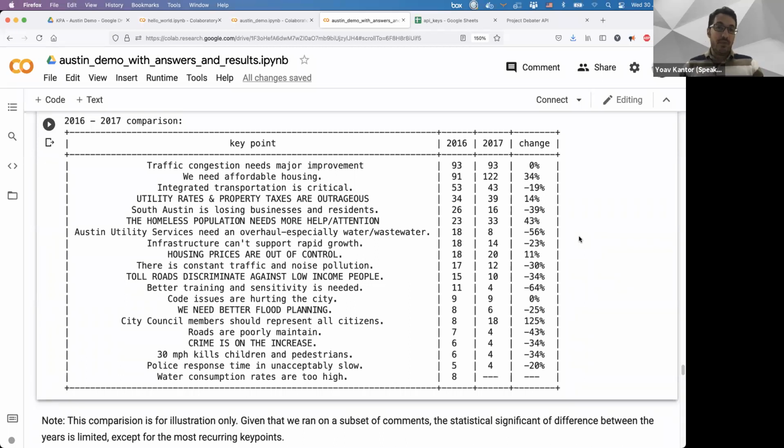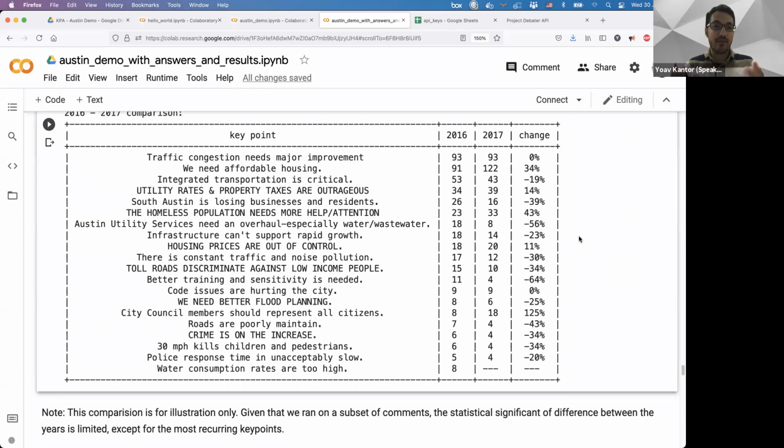Now, taking the data and splitting it into different subsets is very powerful. We can split it into different years, or different districts and see problems that arise in different districts, or maybe split between different types of users, of citizens in this case, maybe according to socioeconomic status or something like that. And compare between different subsets of the data. That way we can extract additional insight from the data.